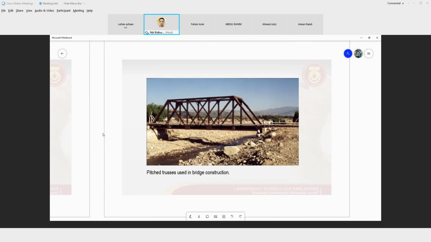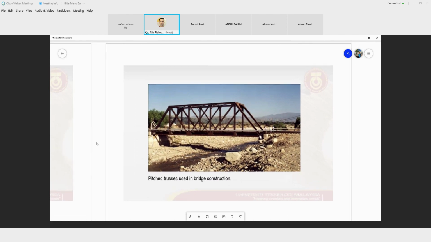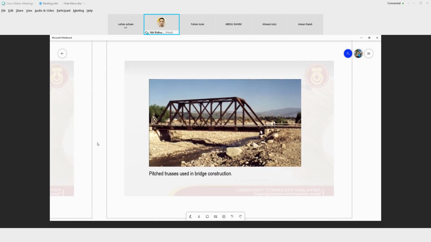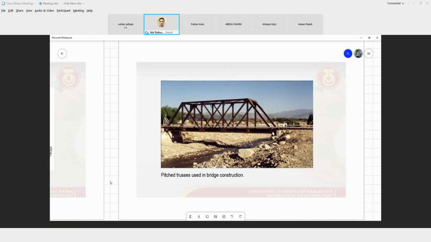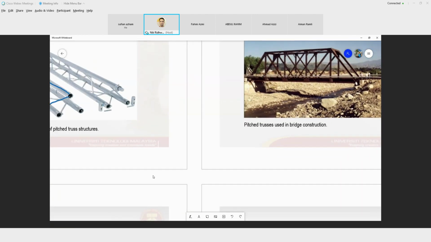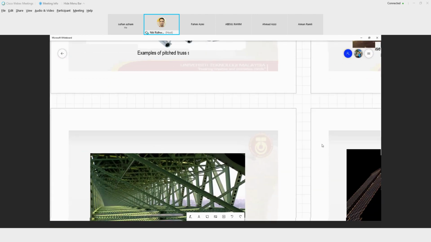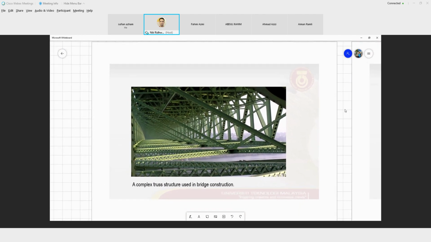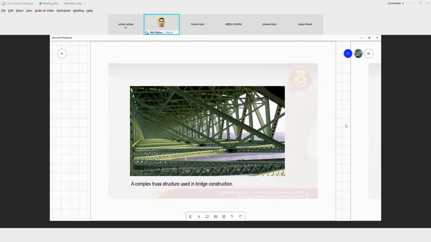Bridge. Kalau siapa duduk dekat area-area kampung tu, dekat bridge laluan kereta api biasanya bentuk macam gini kan. Okay, jambatan-jambatan kereta api yang lama-lama dulu biasanya dalam bentuk macam ini. So this is a type of pitch trusses as well. And it is very very strong. Kereta api yang berat tu pun dia boleh tahan. And then another type of trusses which is